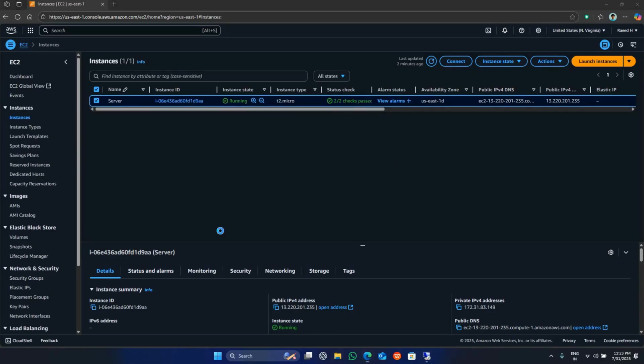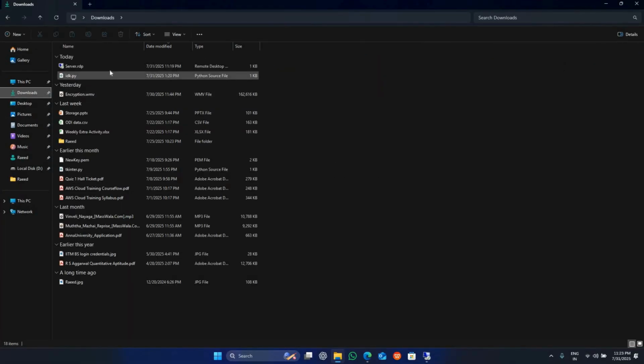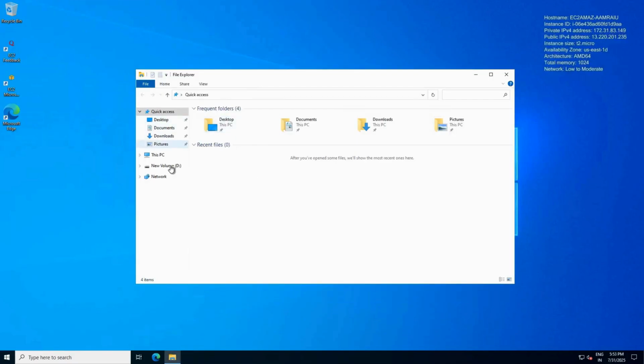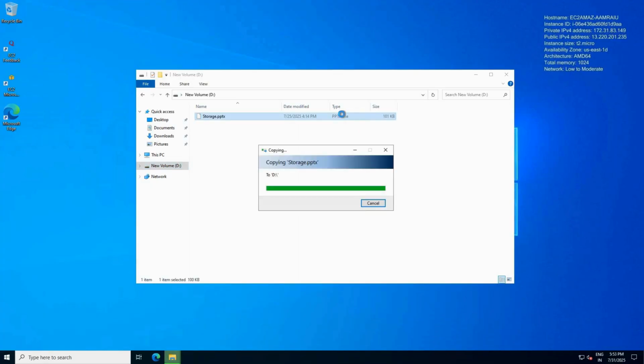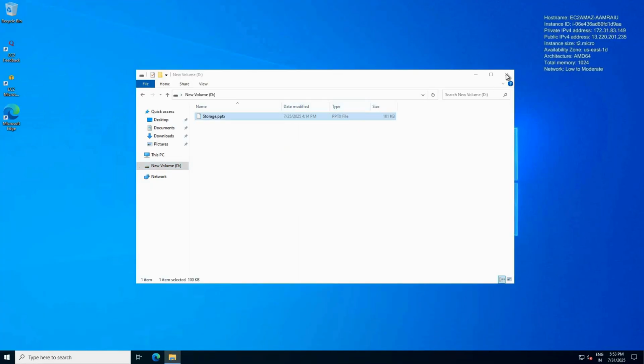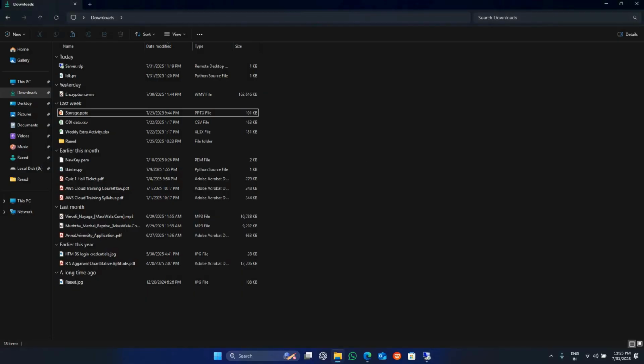Now I have some files over here which I would like to store. Let's store this in the D drive. Yeah. So I have to somehow retrieve this data. So this is what we have stored. Now what I'm going to do is that